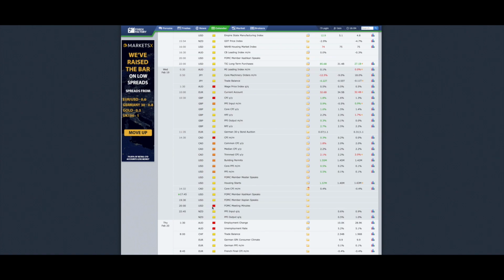We need to see how the price will react to these yearly lows and this news, because if this news is negative for the US dollar, I expect a big push to the upside for all the pairs with the US dollar, especially Australian dollar, US dollar, and Euro USD. So I hope you understand to stay away from the market when we have this type of news, or at least reduce to the minimum the lots used